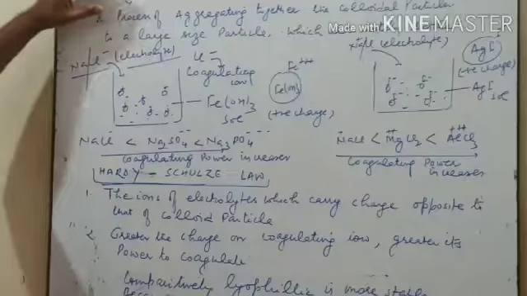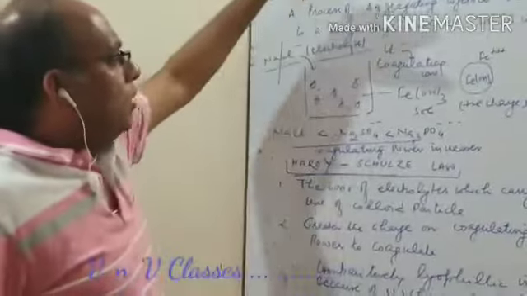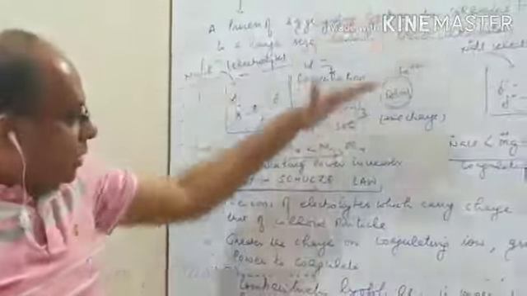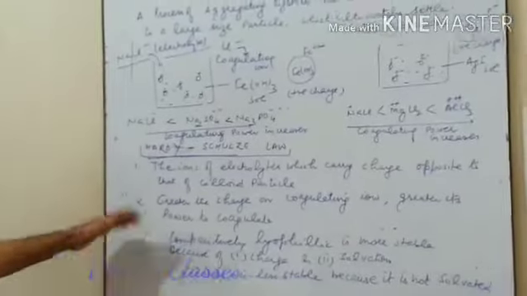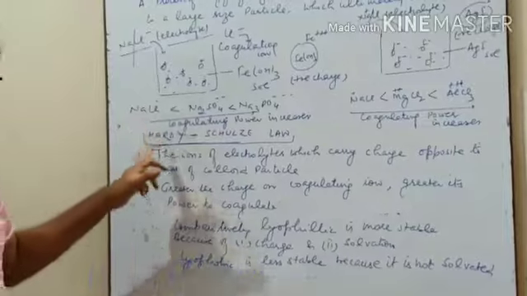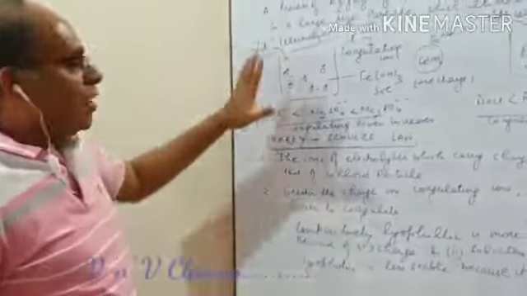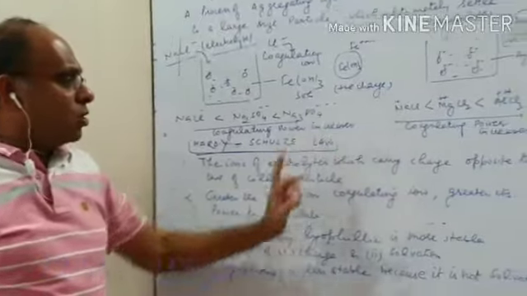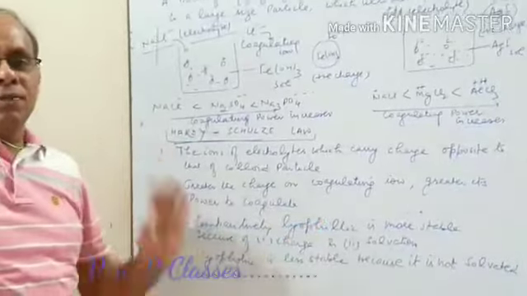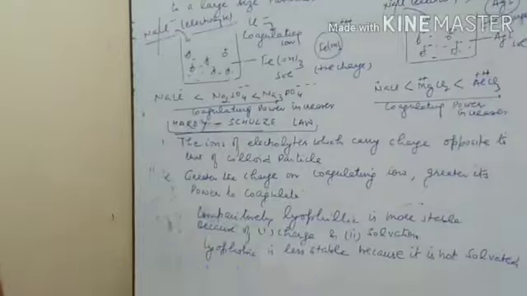So this is a very short topic, coagulation by using electrolytes. It is clear to you. Now this is Hardy-Schulze law, which I explained to you. Remember, ion which has charge opposite to colloid particle will cause coagulation, and second, greater the charge, more will be its coagulating power. Now what next?